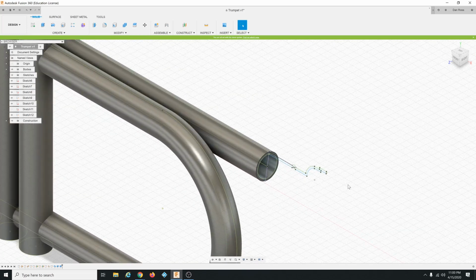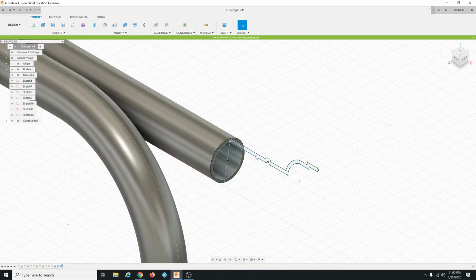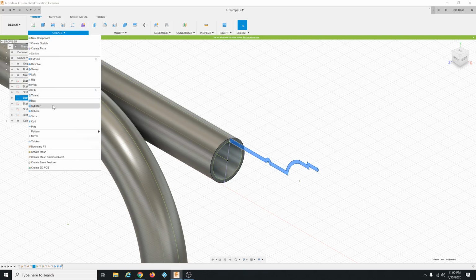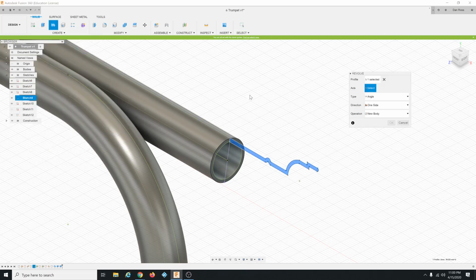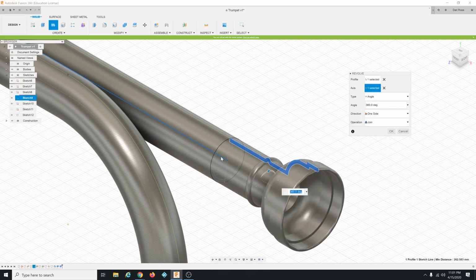Right, then lastly we want to do a revolve, so select this profile in here, go up to create, revolve, and the axis we want to select is this line down the middle, and then the default operation is join. I don't see why join wouldn't be okay, but they want you to change this to new body, and that does sort of fix this edge, which is a little